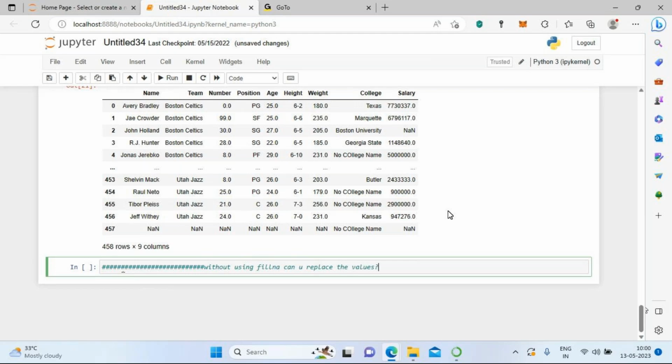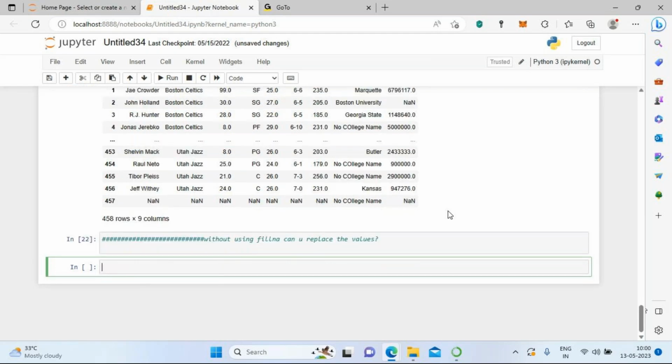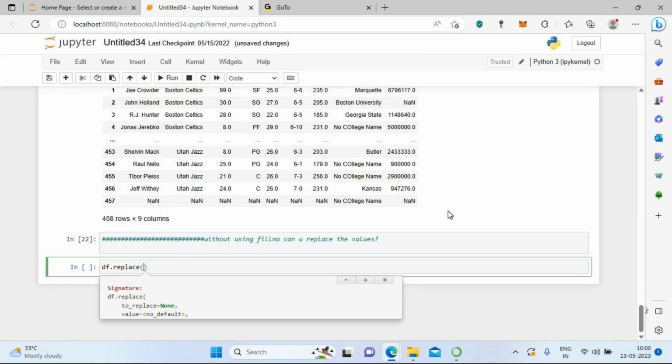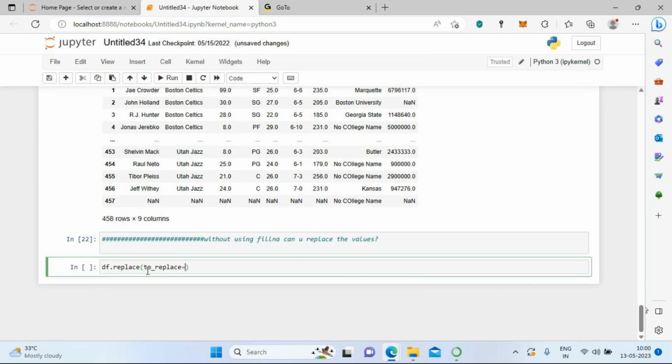You have to say that's one API called the replace API. Using the replace API, I can replace the values. Now we're going to replace. You can see here df.replace, and if you don't know the attributes, just use Shift+Tab. In that, the first attribute is to_replace, so I'm going to set to_replace equal to